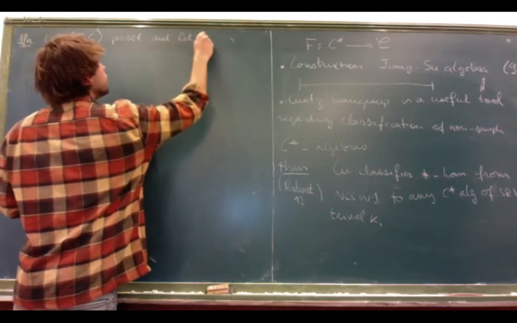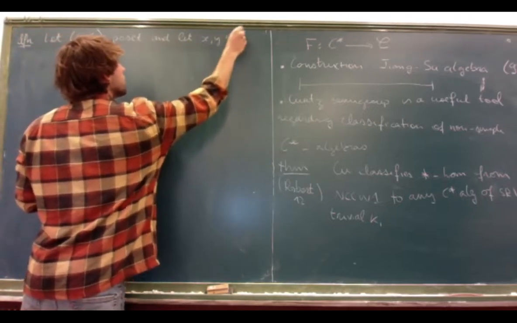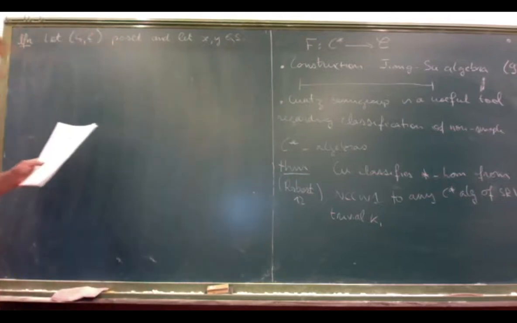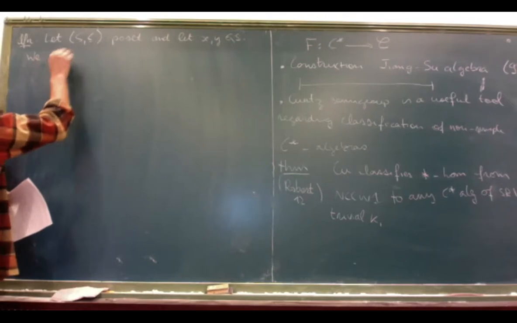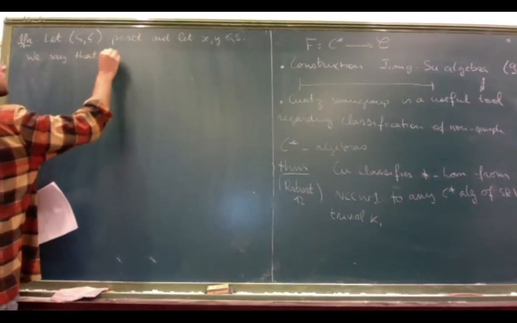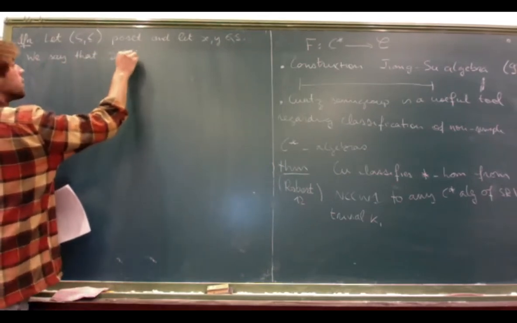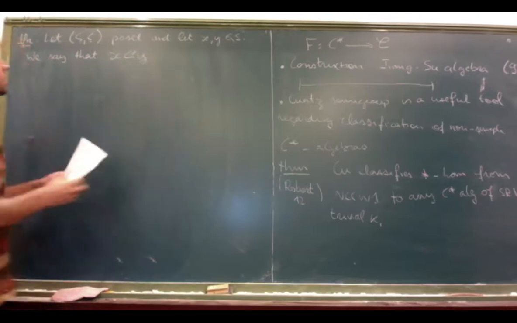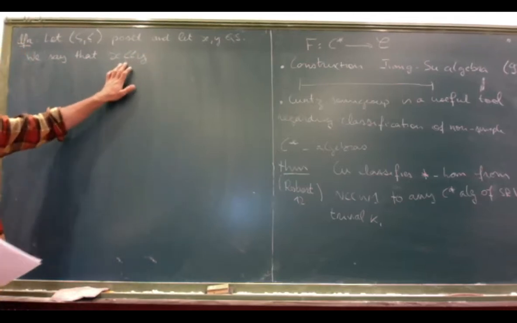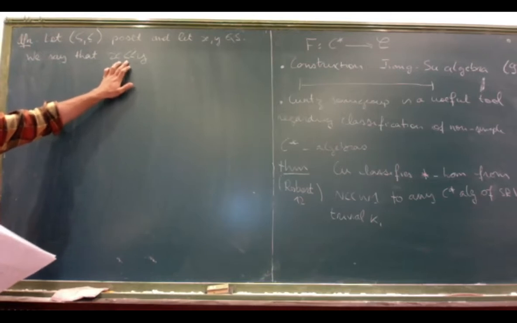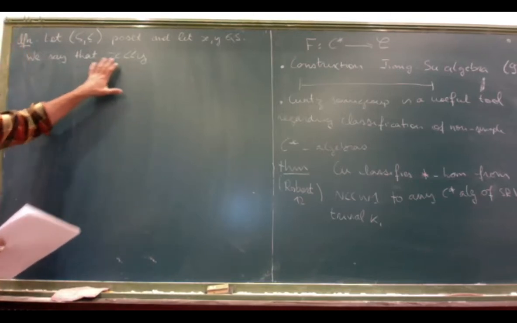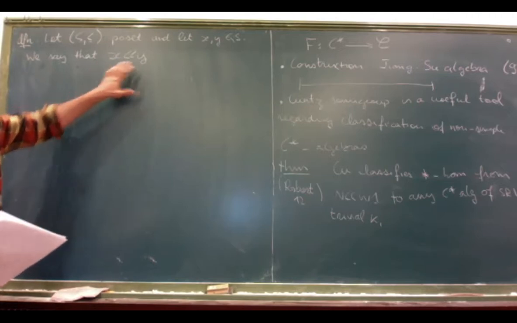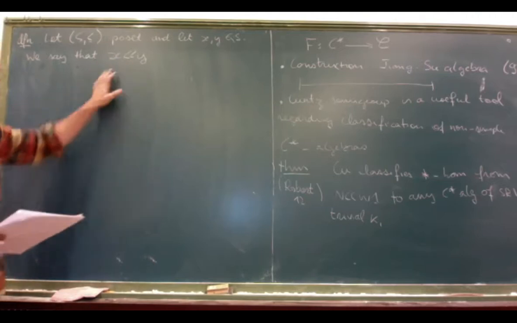And let me take two elements in this set. We say that x is way below y, and we denote it with this double sign. Okay, I hope you can see. Okay, we say that x is way below or compactly contained within y